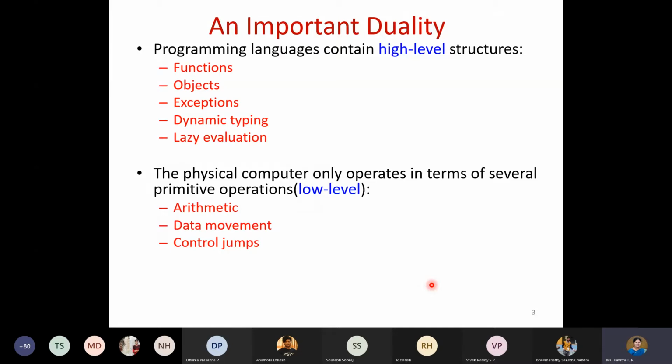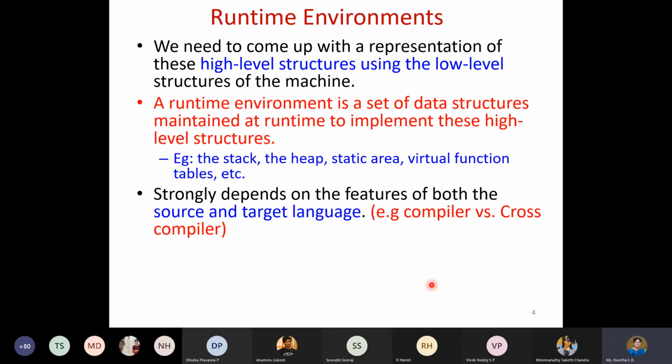And when you have more difficult constructs like functions, how do we handle them? When we have dynamic typing, it means that only at runtime will you know all this, and the size is known only at runtime. How many times you execute the function is also known only at runtime. So how to handle these things, we'll see.